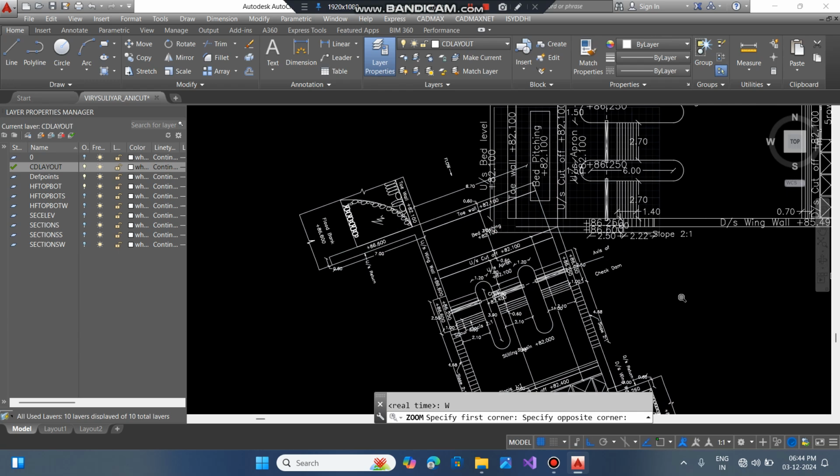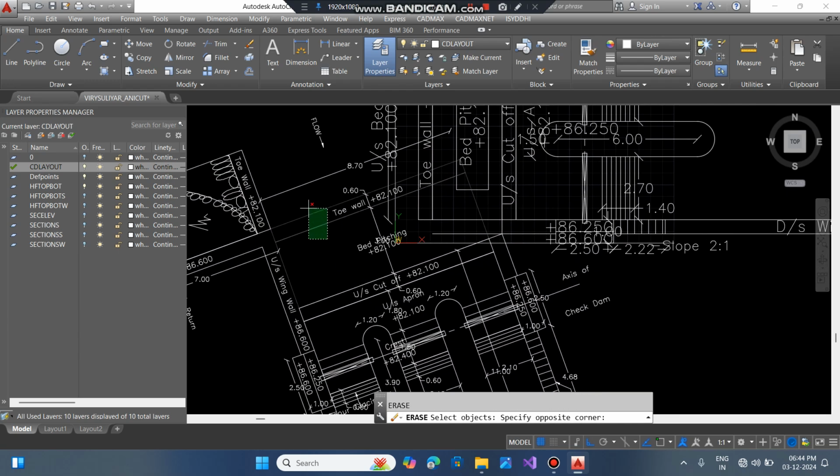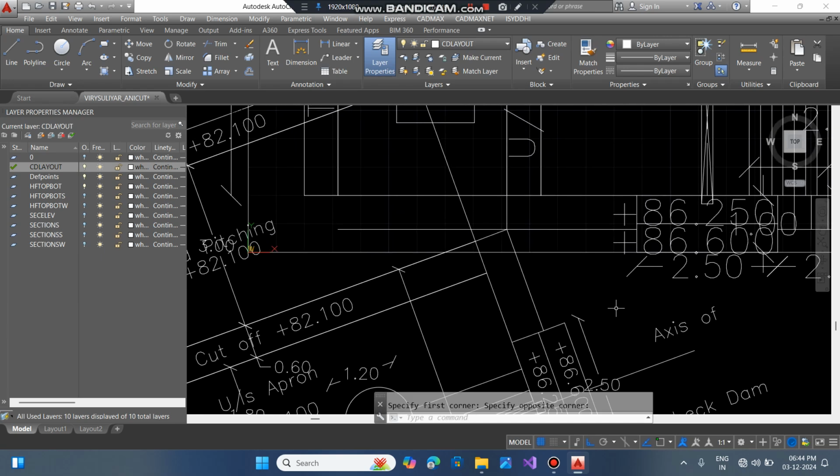Now we can edit the curved base. Keep this here like this only, no problem. Let this, let radius